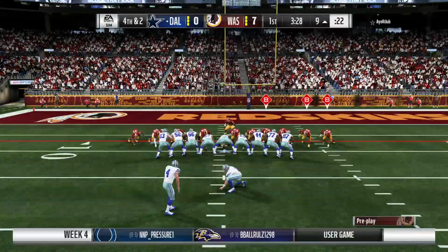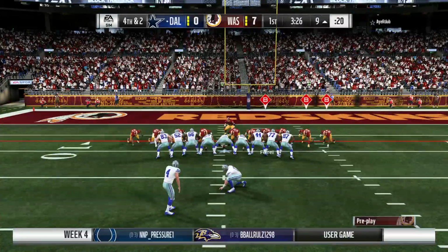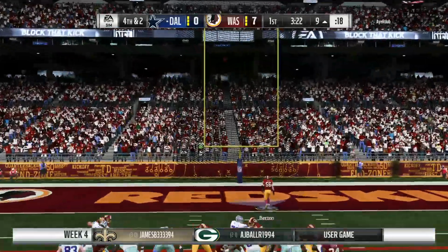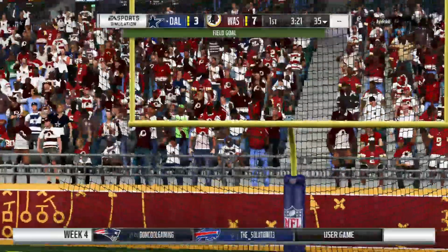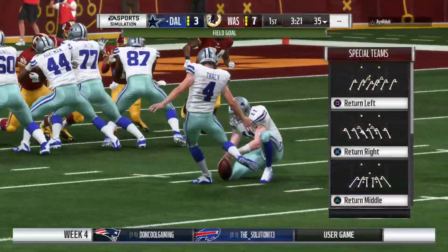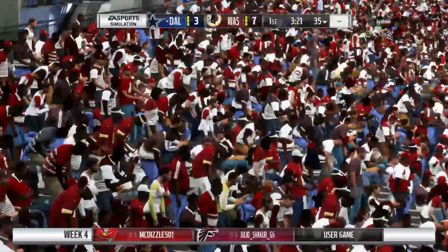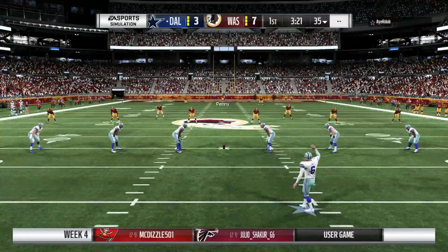And forthcoming, a field goal try for the Cowboys. From the left hash, a chip shot here. And this one is right through. And they are on the board, but still trailing. It's 7-3. So, yes, it's only 3, but at least they're able to answer back after giving up the touchdown